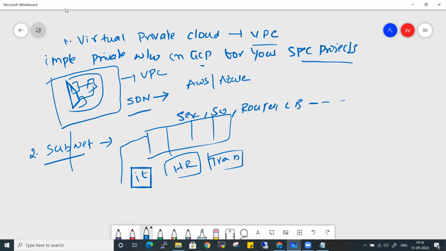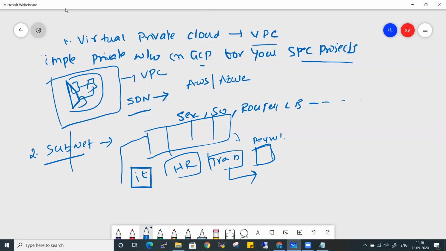For example, payroll will have its own, and the transport department has no need to access payroll machines, right? So we'll be creating a specific subnet for them. That's a very understandable definition of what exactly a subnet is.